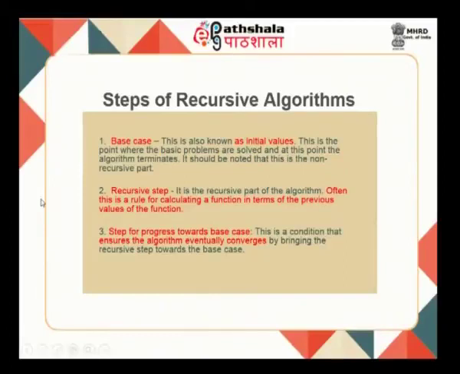This is the recursive part of the algorithm, which conditionally calls itself. So, the value of the function is computed in terms of the previous values of the function, and finally, you have some sort of progress towards the base case. This is required to ensure that the algorithm actually converges.